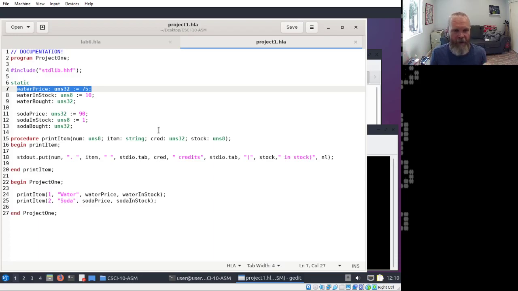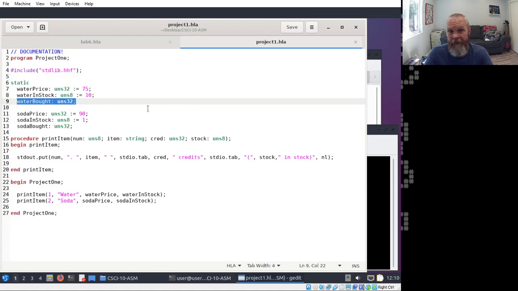the price for each product, and that number could get easily bigger than 8 bits and possibly bigger than 16 bits. So give yourself plenty of growing room by upsizing all the variables, at least I recommend you do, that may be involved in a multiplication. So the prices of items are certainly going to be multiplied by the number of them that were bought.